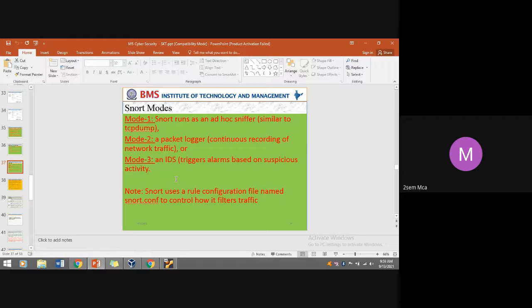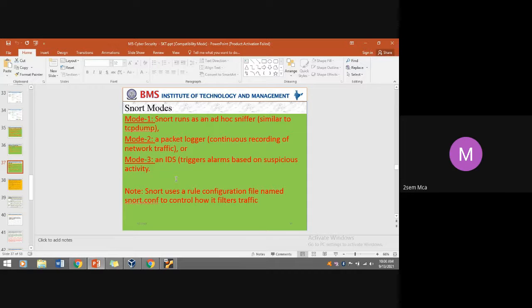Once established, the connection is remote, even though the target is not aware of the connection in the background, and the target machine is remotely accessible. So similar to that, Snort acts in mode one.